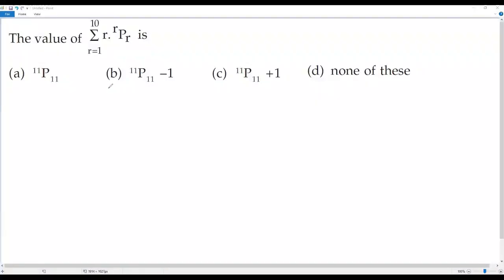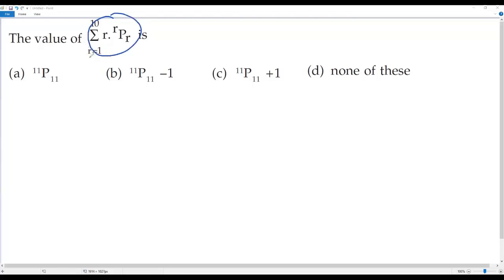Here we have a little tricky question on permutation. We have to evaluate the series: summation r equals 1 to 10, r times rPr equals. Usually whenever I find the value of a series given in summation notation,